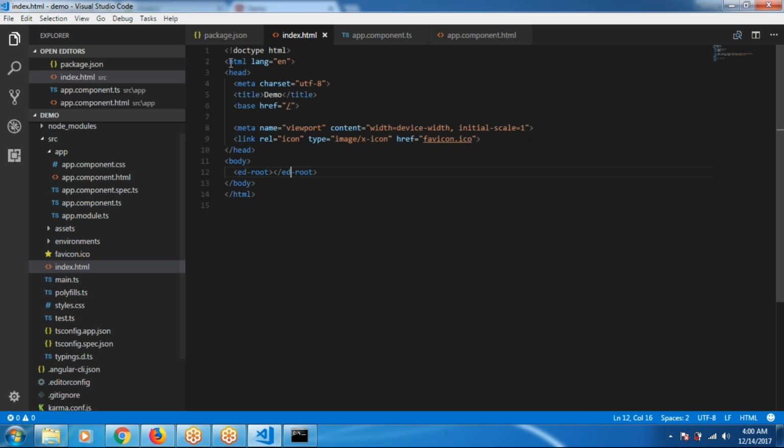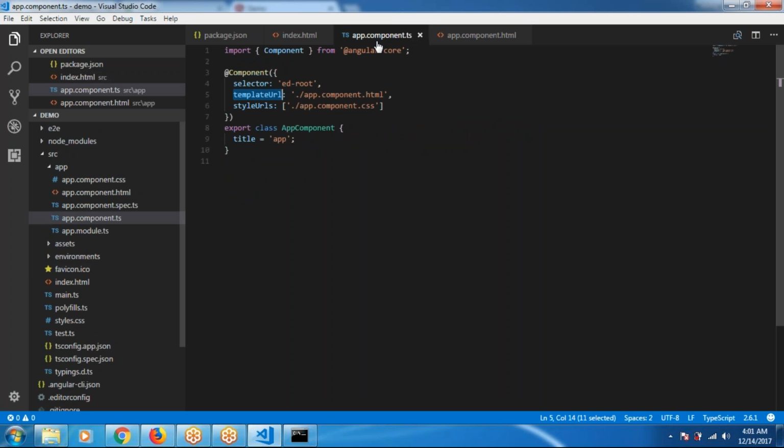That is, it will contain the HTML tag, it will contain head tag and body tag. Now, what Angular does internally is it looks for app-root. It sees that it has something called app-root. Now it will search through the files and look for a component that has a selector called